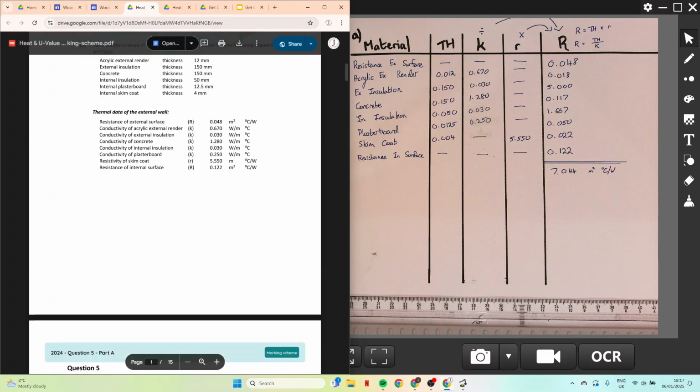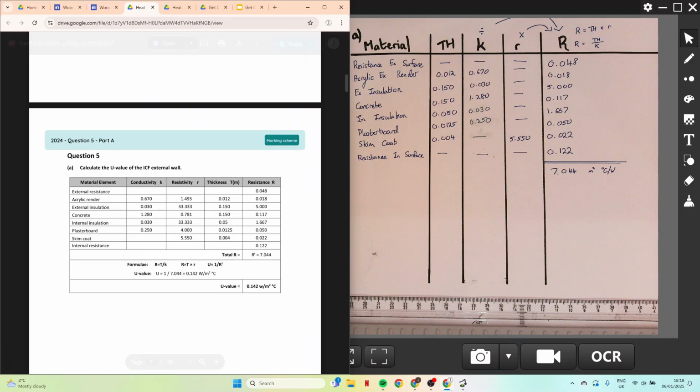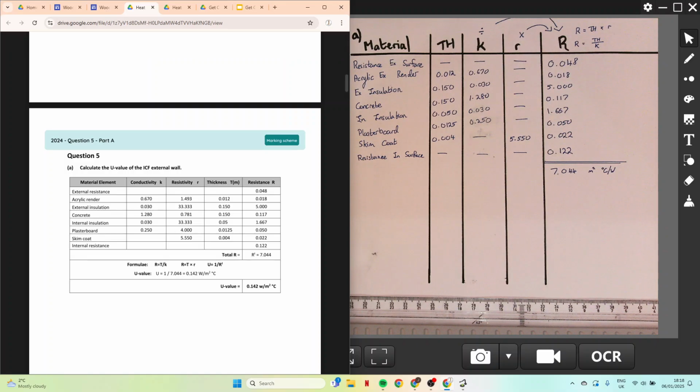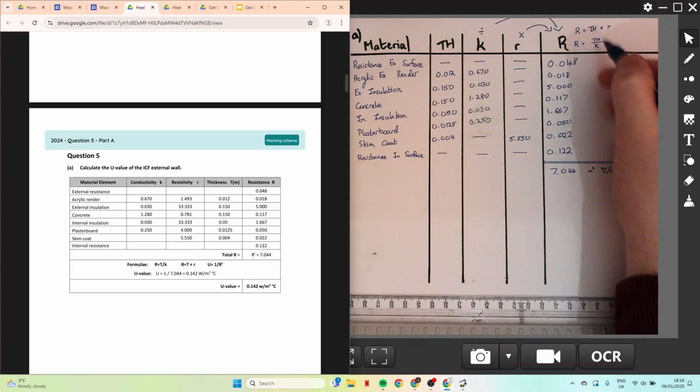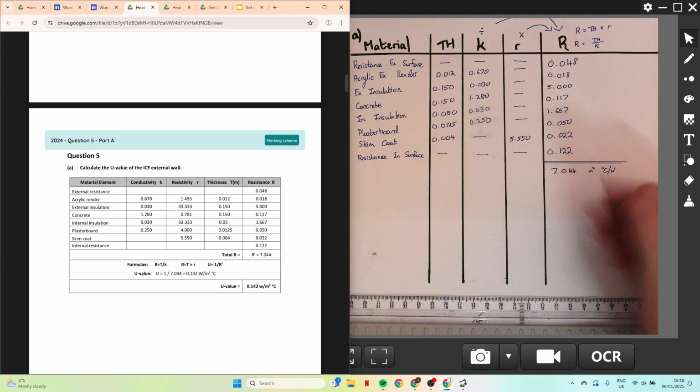Okay. Down here again, going through everything. I have my formulas, I have them written down. Again, you get marks for your formulas. Necessarily if you get these incorrect, but if you have your formulas written down, you will still end up getting correct marks for it. Okay? So even if you don't understand how to do this, writing down these formulas will also get you marks on your exam for this. Now, for your U value,